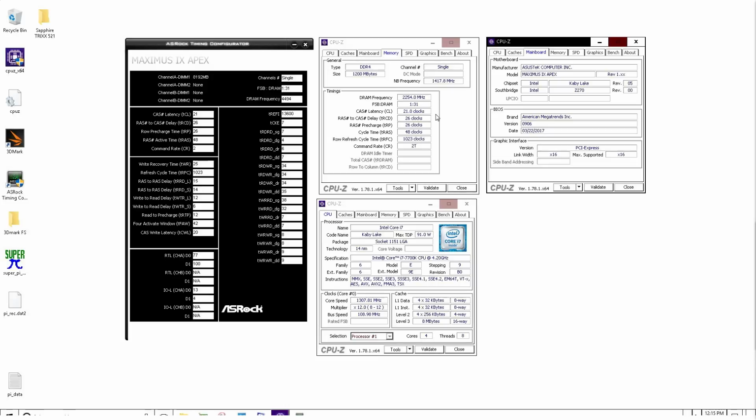Incidentally, I didn't even bother running SuperPi 32 million. And the main reason for that is it just doesn't make sense, because the refresh interval is awful. It's really, really short. The refresh cycle takes a month to finish. The primary timings are terrible. Like, I picked up 500 megahertz memory clock, but my timings are more than double what I was running at 4000. So, you know, this is why you don't see people benchmark at like 5 gigahertz memory clock, even though